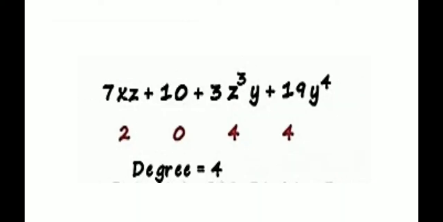One more example with many variables. 7xz plus 10 plus 3z3y plus 19y raised to 4. Here, first term, its exponent is 1 plus 1, 2. Second, it is a constant term, so 0. Third, it is 3 plus 1, 4. Fourth term, it is y raised to 4, that is degree 4. So 4 is the degree of